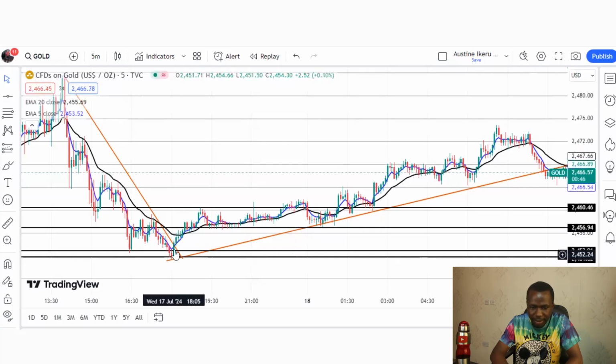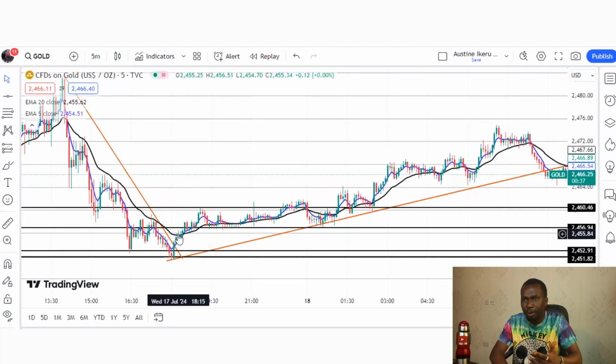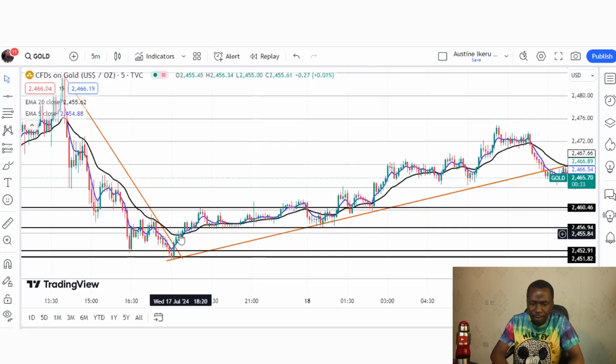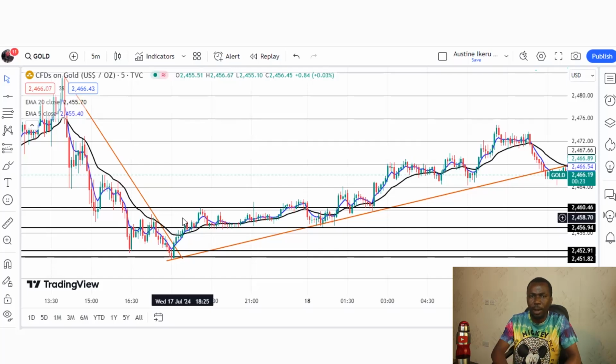From here, you can clearly see that the price has finally broken above the trend line, right? But we have another confirmation before we can confirm that the uptrend has resumed. So the confirmation is the moving average. We are hoping that the price will reverse from the moving average, but you can clearly see that unfortunately the price broke above the moving average and started heading up. So this is where we had a loss.